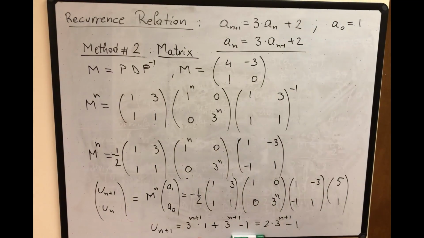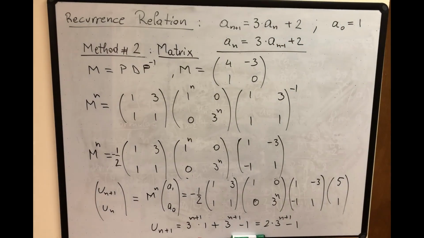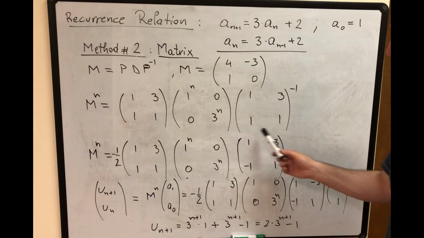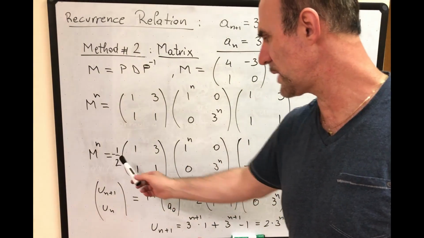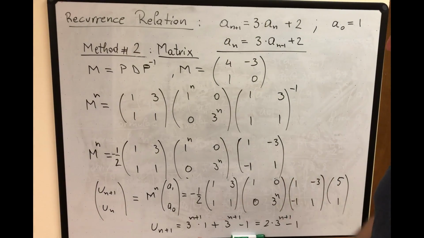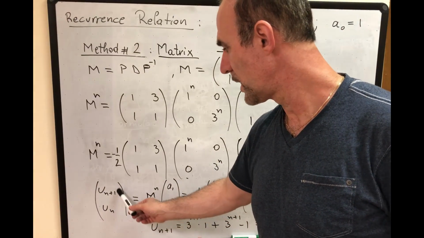So, substituting that, you can calculate what M to the power of n is. Of course, there are not many calculations for the inverse of this matrix, so it turns out to be -1/2 times the matrix 1, -3, -1, 1. Okay, so if you remember, we had the vector